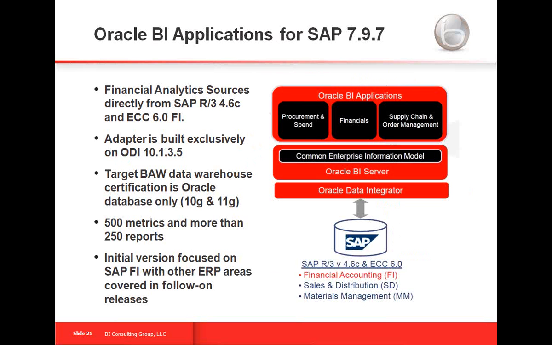So what's new for SAP specifically? The latest version of the BI applications, 7.9.7, includes an adapter that's built specifically for SAP for the financial accounting module. So the analytic application that we're specifically talking about here is financial analytics. The advantage here is that the ETL code has been built specifically to source data from the SAP tables in financial accounting. I mentioned previously that you can use any of the applications with SAP, and that's still true. The difference is for the applications other than financial analytics, right now you have to use what's called a universal